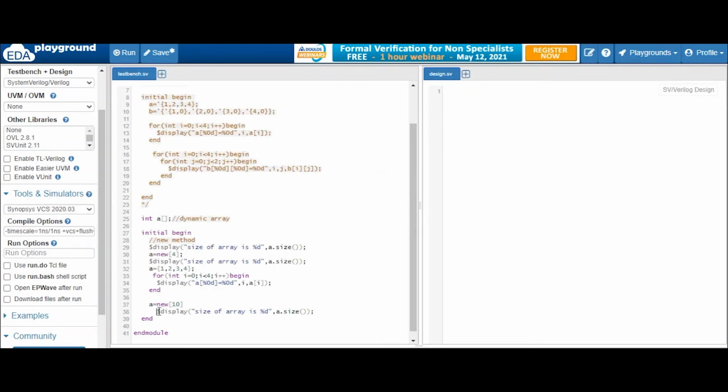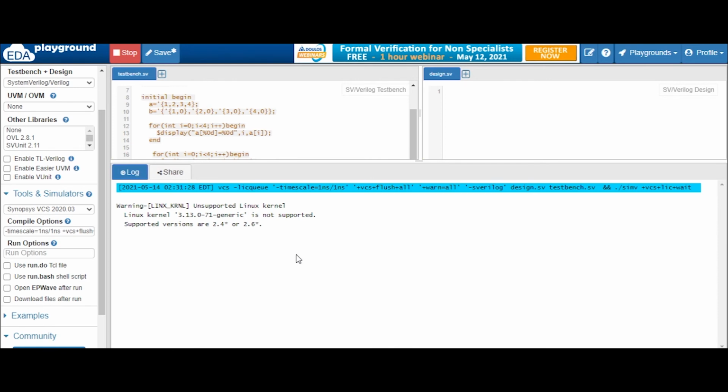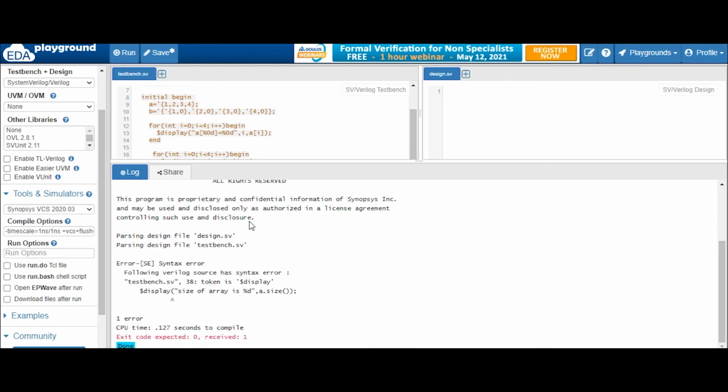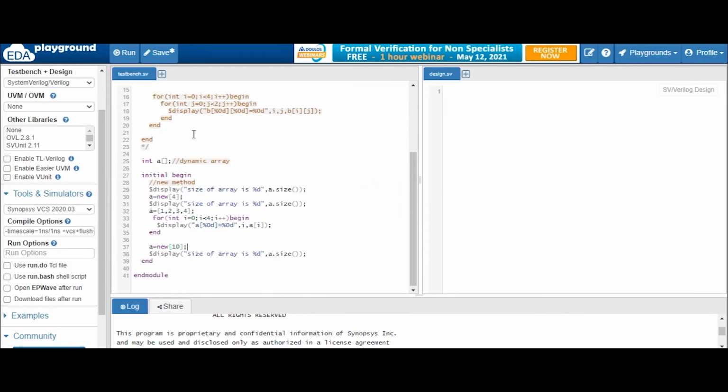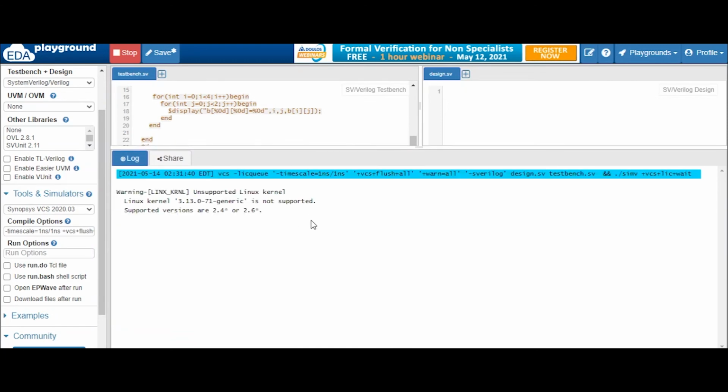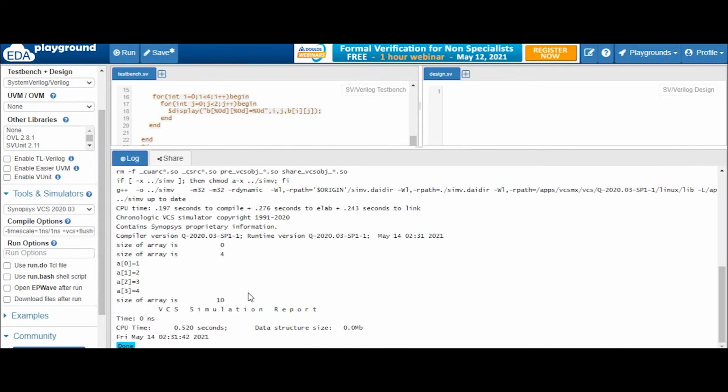So after this, if you see the size of the array, you will get the size as 10. What are we missing? Yeah, there is a semicolon which we have missed, so I think there won't be an error now. So if you see, the size of the array is 10. First it was 0, then we assigned the size as 4, now we assign the size as 10.